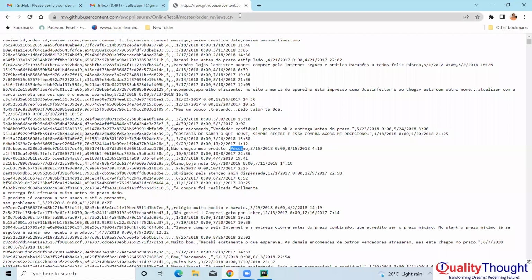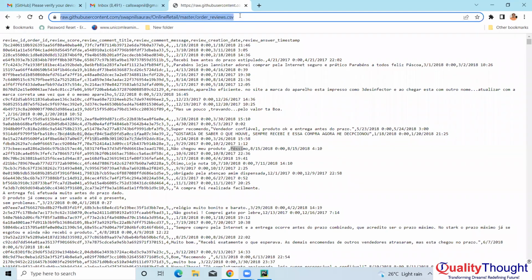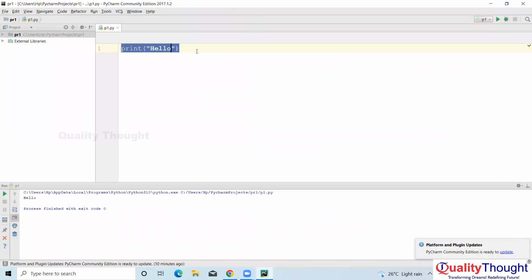So we need to read this table here. Now, how do we read this table? We have to say pd.read_csv. Before that we need to import pandas as pd. But you see, I told you, it's a fresh installation, so it's not there here. I need to install it. So where is the